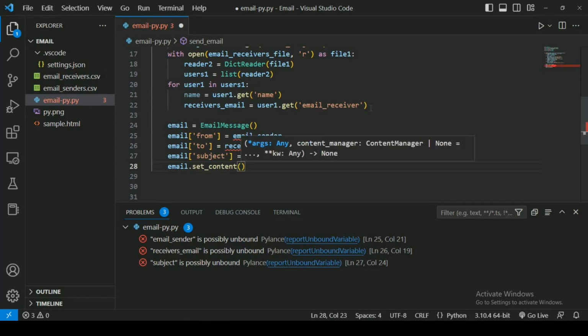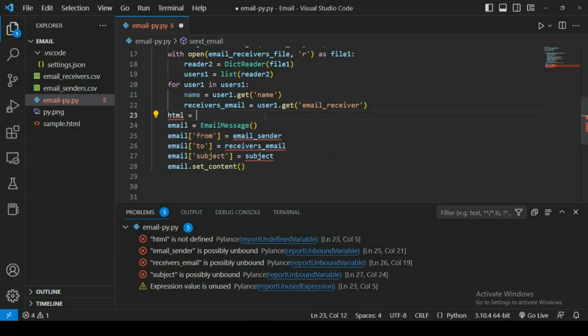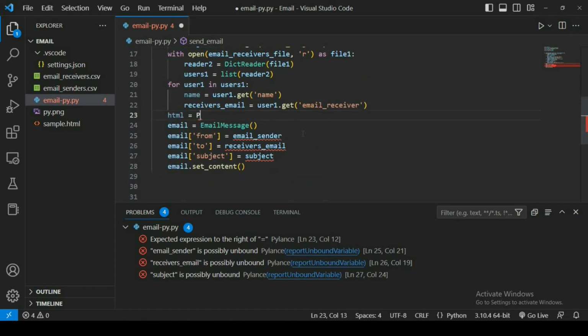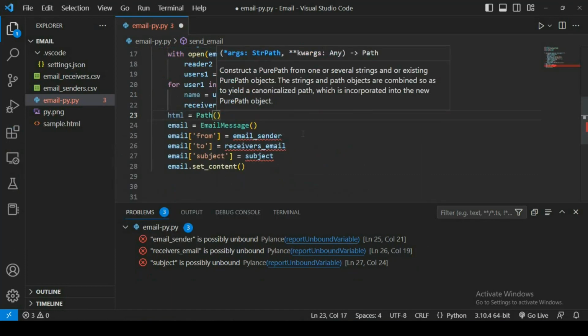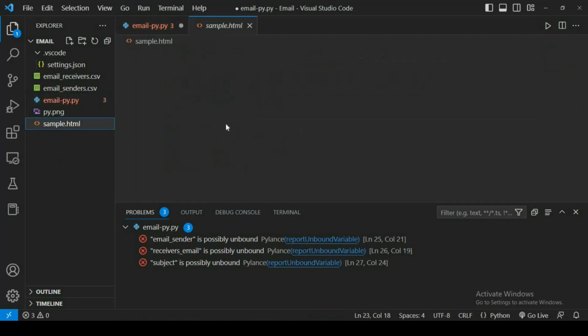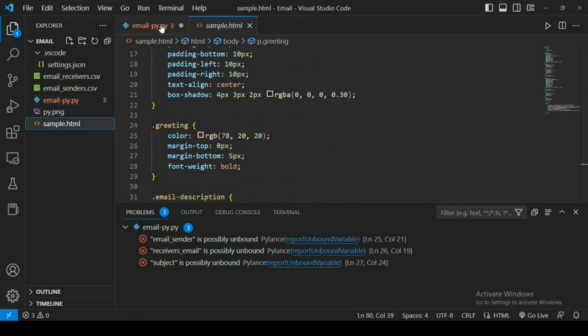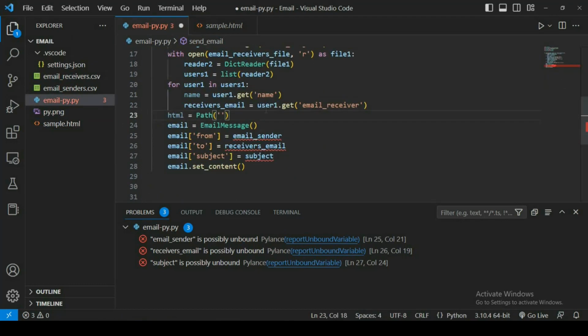Now to set the content we are going to use an HTML file. As I told you, we are going to make a customized email, so we'll first make a variable named html, and using the path that we imported from the pathlib module we will say Path. I actually have a sample HTML that I showed you at the start of the video. We are going to use it, so we will say the path to read sample.html,